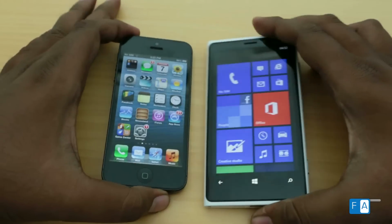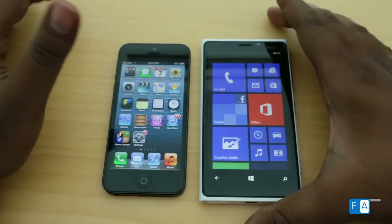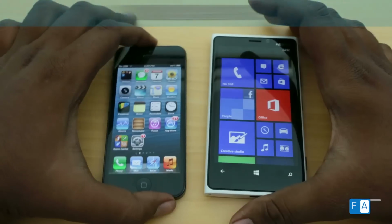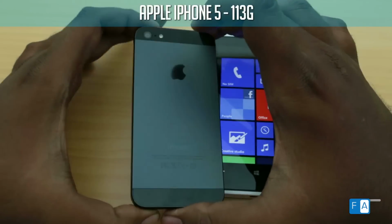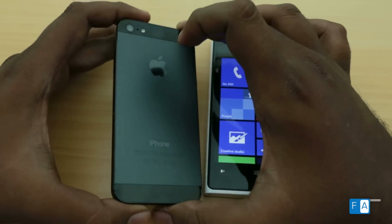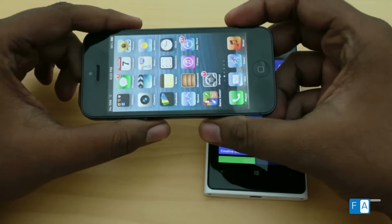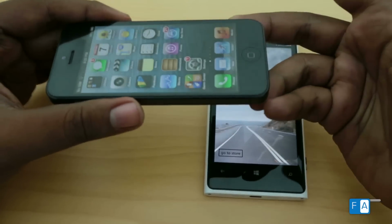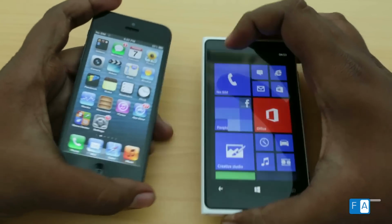And the weight is another question. The Lumia 920 proves yet again it's a giant by weighing 185 grams, whereas the iPhone 5 is paper light at 113 grams. It's one of the lightest smartphones with a premium build, and it feels so amazingly light in your hands that you wonder whether there is any battery inside this phone. It's that light. On the other hand, the Lumia 920 is very heavy compared to the iPhone 5,